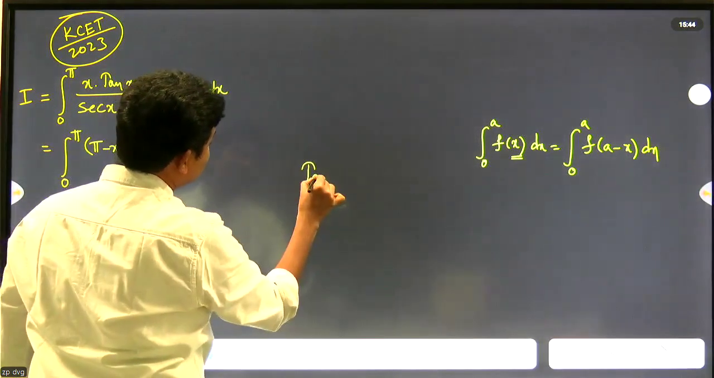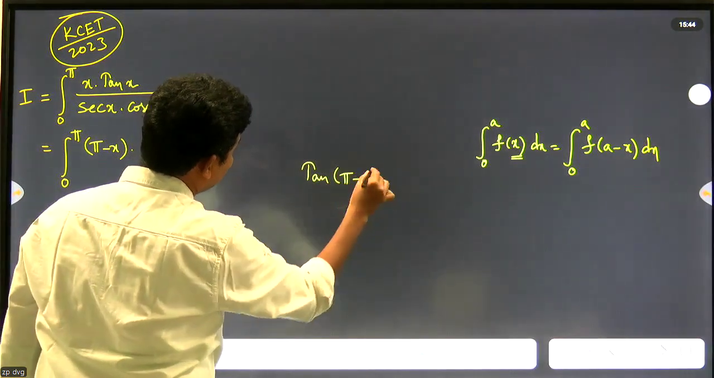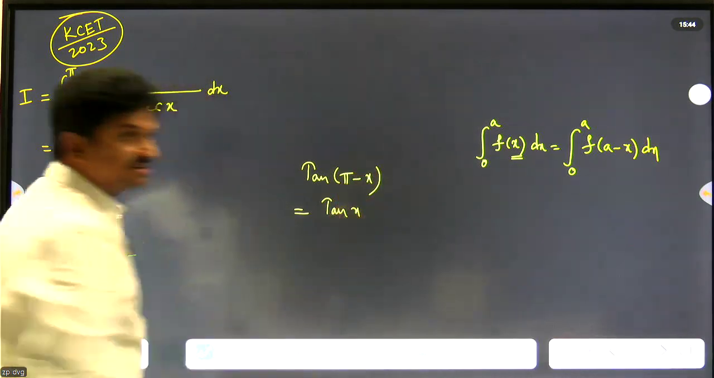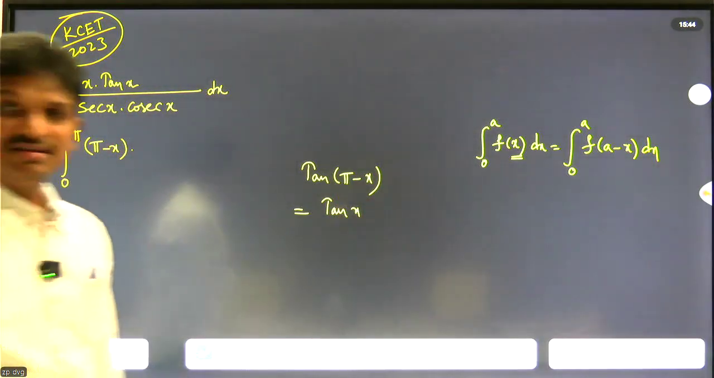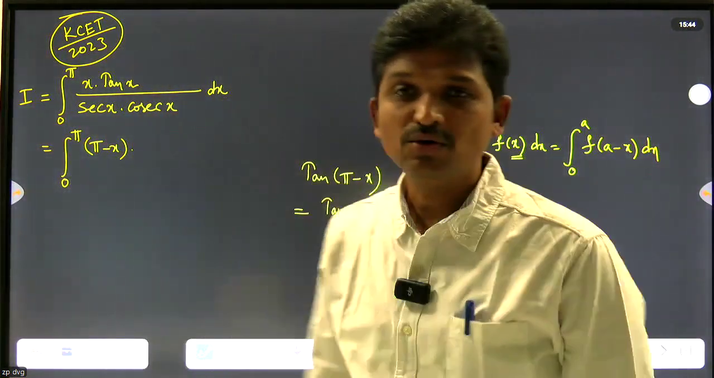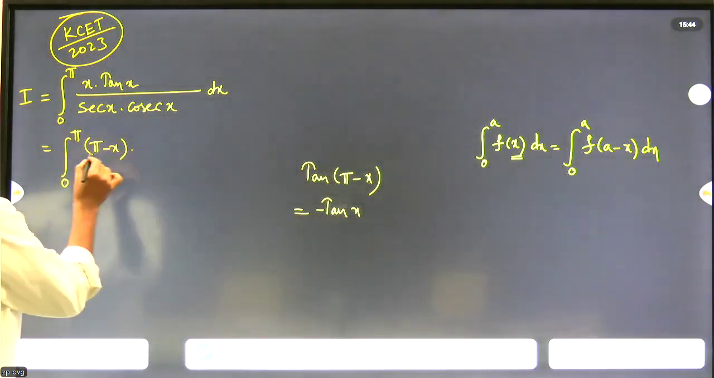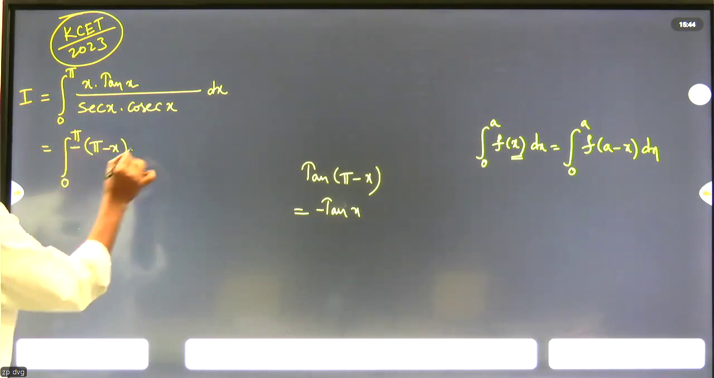What is this? This is tan of pi minus x, right? Tan pi minus x is what? As pi is there, the function remains same. Pi minus x is in the second quadrant. In the second quadrant, only sine and cosecant are positive. So tan is negative. So what is this? Minus tan x. So I'll write here minus tan x